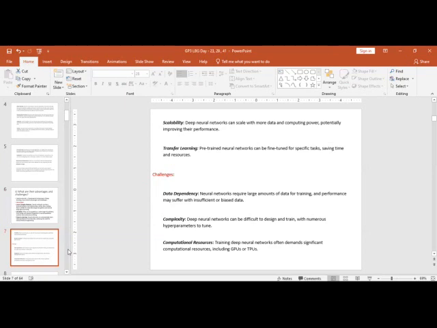Then challenges, data dependency. Neural networks require large amounts of data for training, and performance may suffer with insufficient or biased data. Complexity. Deep neural networks can be difficult to design and train with numerous